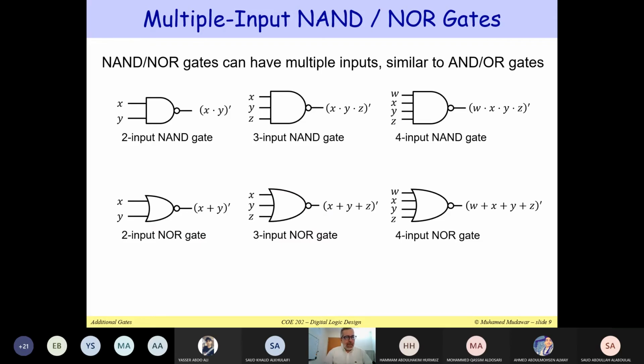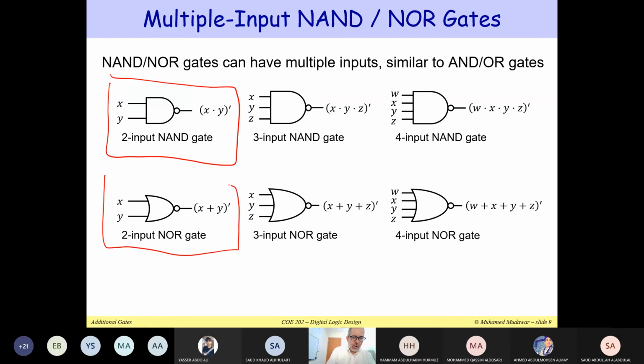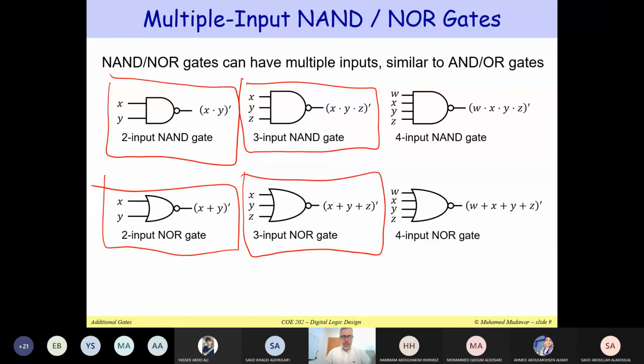Now this will take me to multiple input NAND and multiple input NOR gates. So what we have seen in the previous slide is the 2-input NAND gate, and this is the 2-input NOR gate. Now we can have a 3-input NAND gate and a 3-input NOR gate. In the case of the 3-input NAND gate, we take the complement, not (X, Y, Z). In the case of the 3-input NOR gate, we take the complement, not, between parentheses, X or Y or